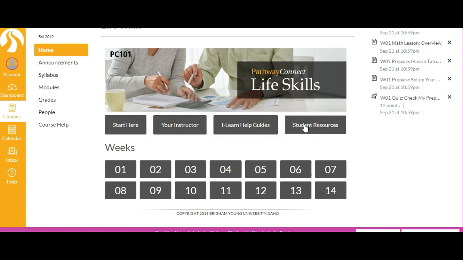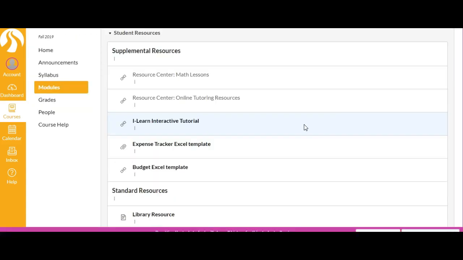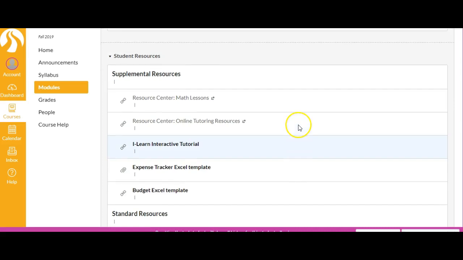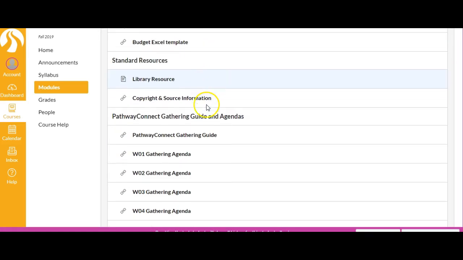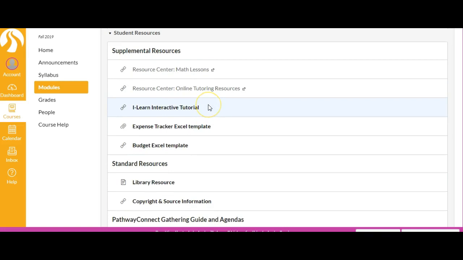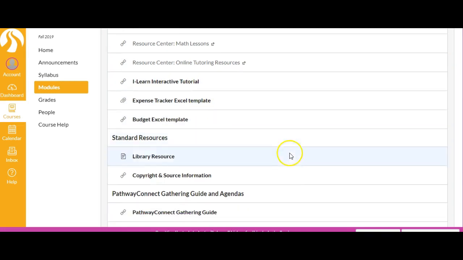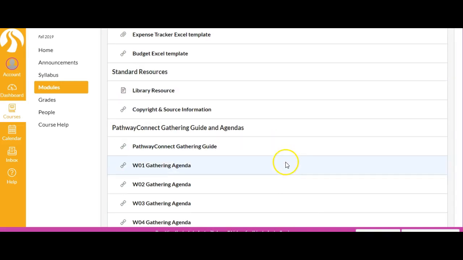So I'm going to show you student resources because I want to make sure you know how to get some extra help here. There are lots of resources that they have set up for you, okay? So there's everything from math lessons, online tutoring resources, and an interactive tutorial. If you need some help with Excel, there are some extra things there. You also have the library resource, and then